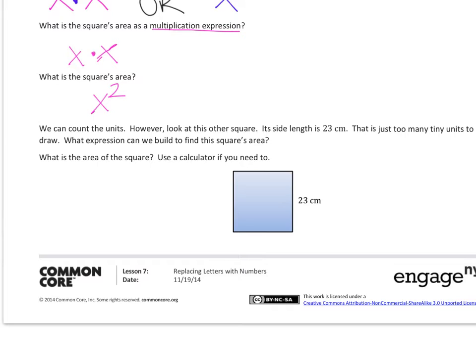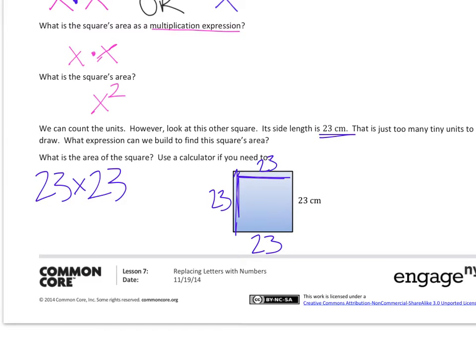So this square has a side length of 23 centimeters. That's way too many tiny units to draw. So what expression can we build to find the square's area? Well, since we know squares have the same length of side, we know this is 23, and this is 23, and this is 23. So we know that to find the area, we have to do the height times the width. So 23 times 23, or we could also write it as 23 squared, or 23 to the second power,